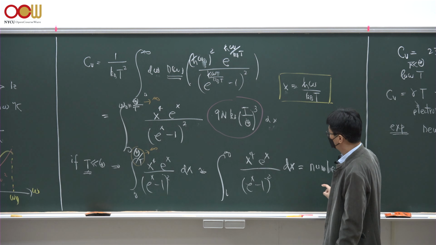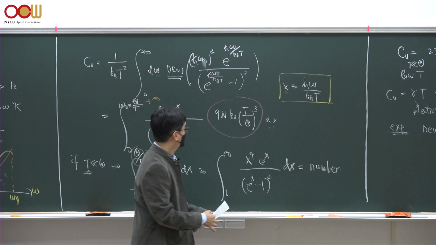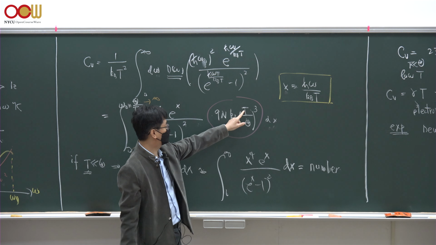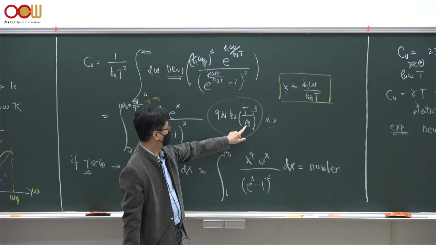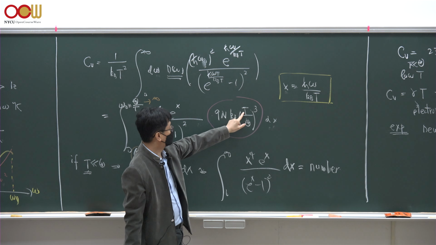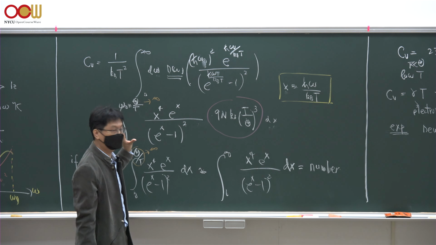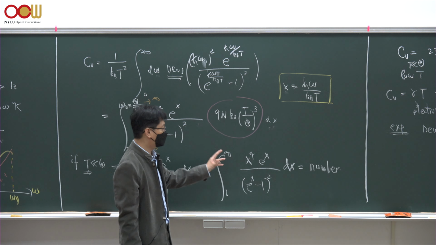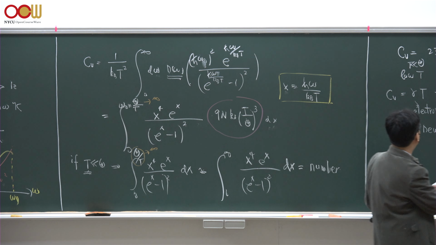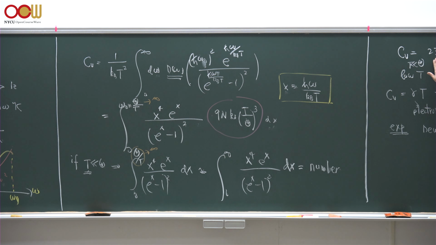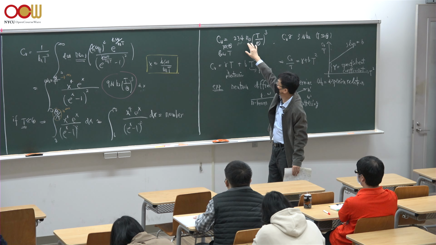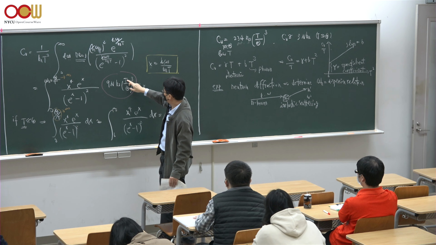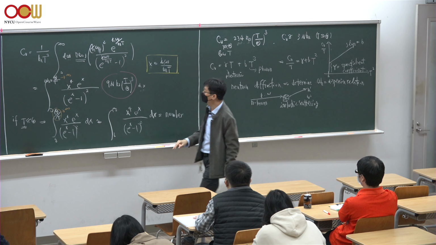Everything that has dimension is hidden here. It's temperature over Debye temperature. So you can see very clearly that the other factors are temperature independent. Let's just collect everything. This number is related to this number here, 234 times kB, and you collect the temperature dependence factor, which is T over theta to the power of 3, which is